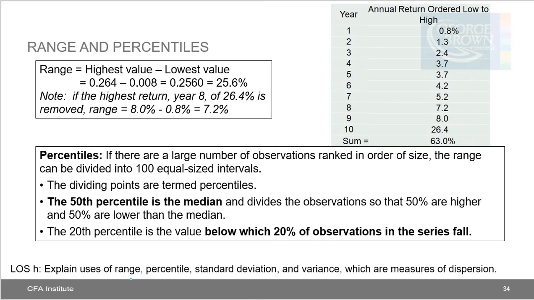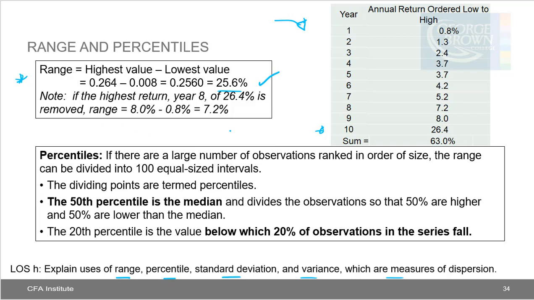So now we're moving on to learning outcome statement H, which is explain uses of range, percentile, standard deviation, and variance, which are measures of dispersion, okay? So the first thing that we're going to look at is range, and range is fairly easy to understand. It's the highest value minus the lowest value. So again, if we're looking at that data that we've been using for the 10 years of investment returns, using the column where it was sorted, we could see that the range, the highest minus the lowest, 26.4% or 0.264, minus 0.8%, which is 0.008, gives us a range of